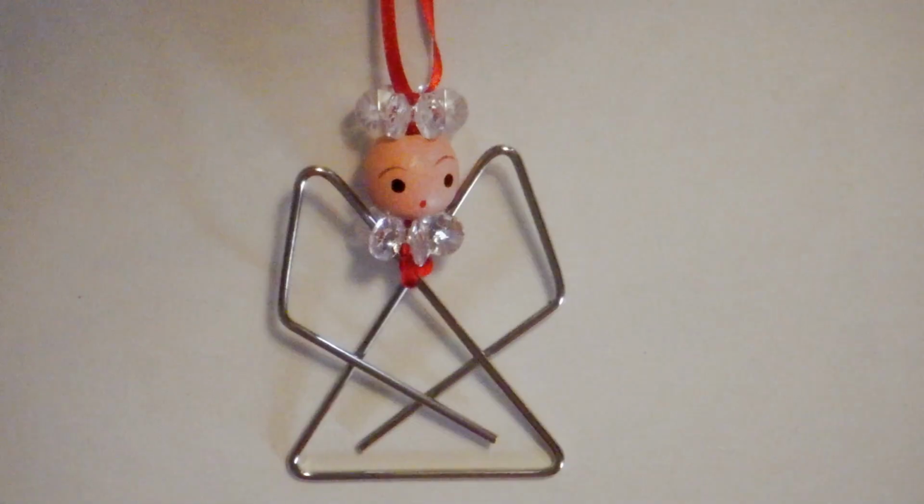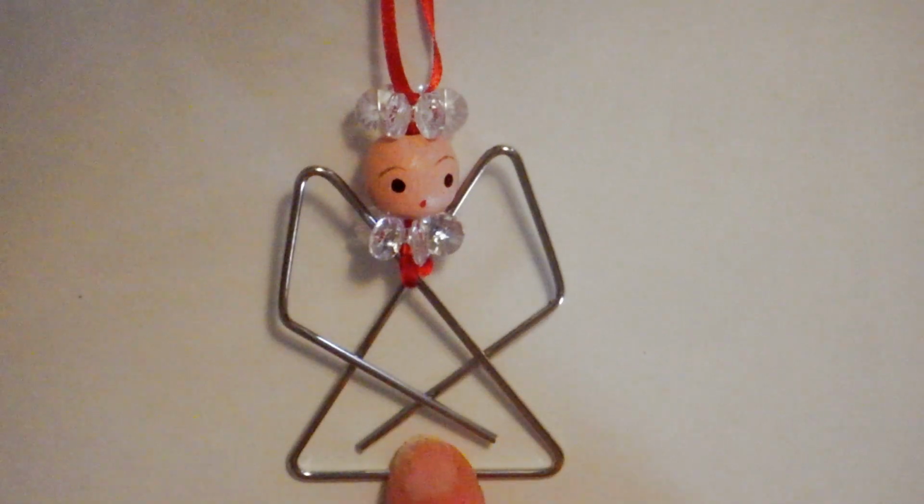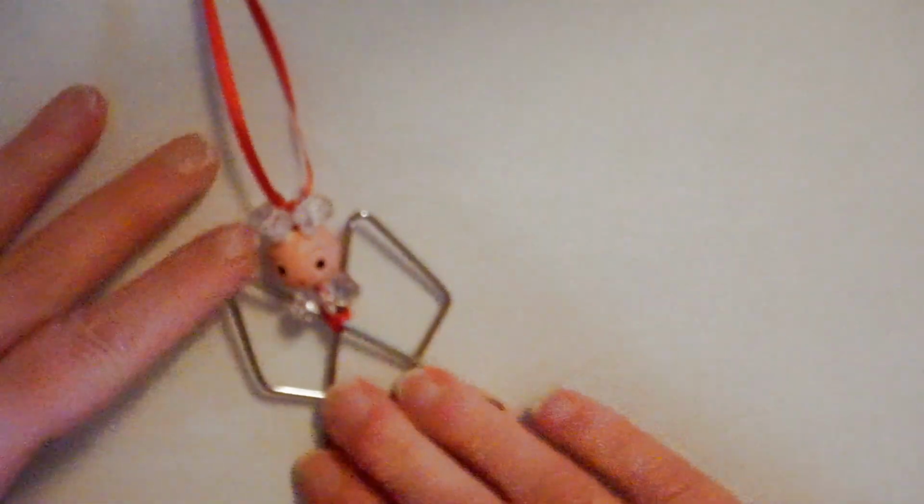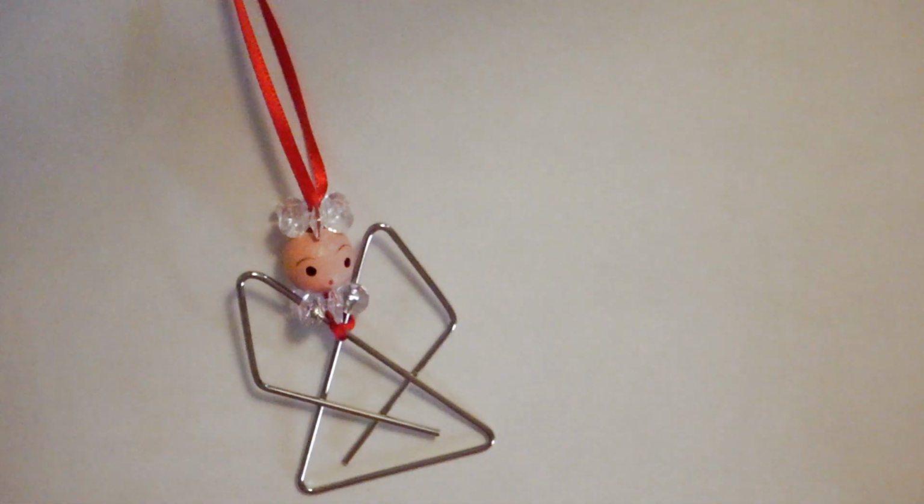And I have a pretty little angel all done. So here I have my angel all done. She has a little hanger on her, and I think she's adorable. Since it was so quick to make this angel, I thought I'd make another one, but I'm going to use